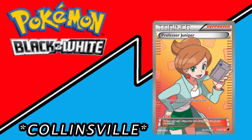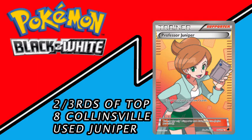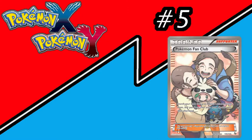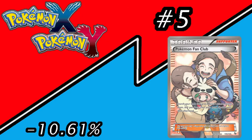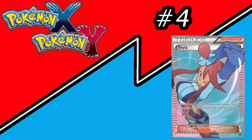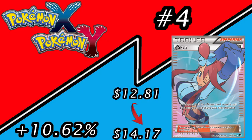Charlotte was a regional that happened previously and it was expanded, and honestly, when it comes to discard draw 7s, Juniper is usually the most popular among players in my area. Now moving into the X and Y era, the 5th card, Pokemon Fan Club dropped down 10.61%, going from $5.09 to $4.55 as of right now. Skyla making another appearance within a top 5, but this time increasing 10.62%, going from $12.81 to